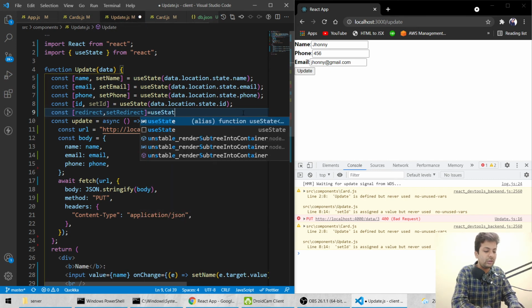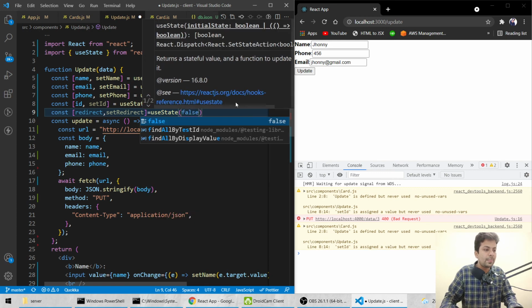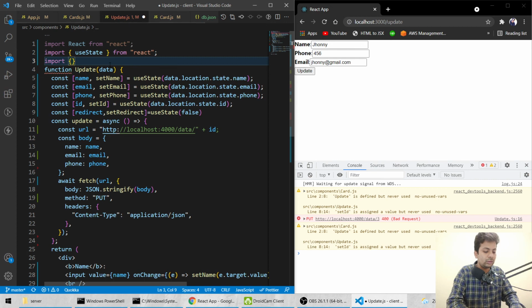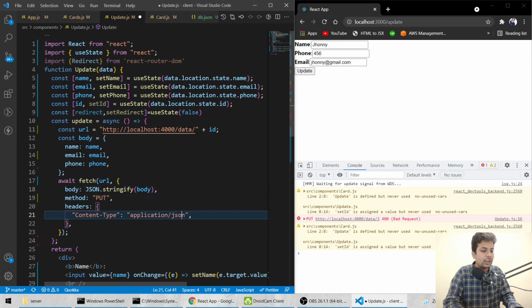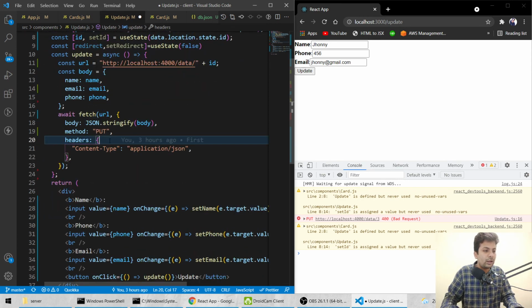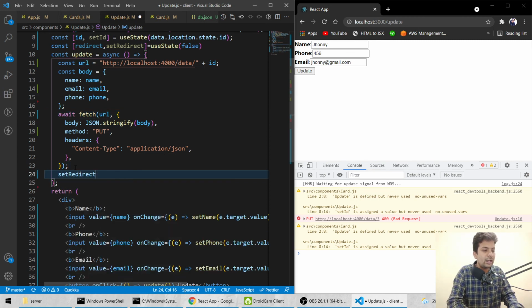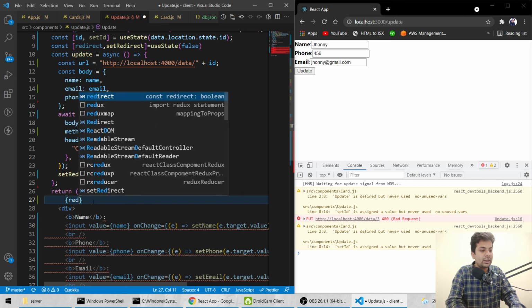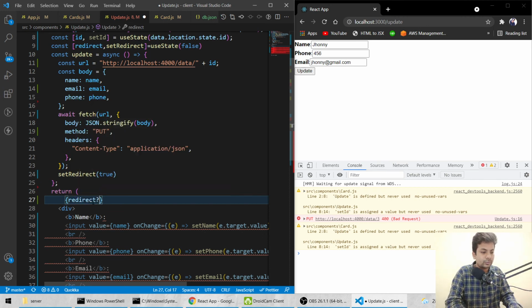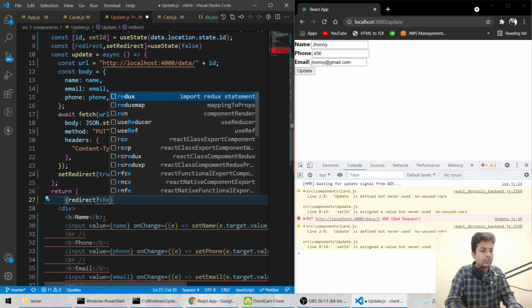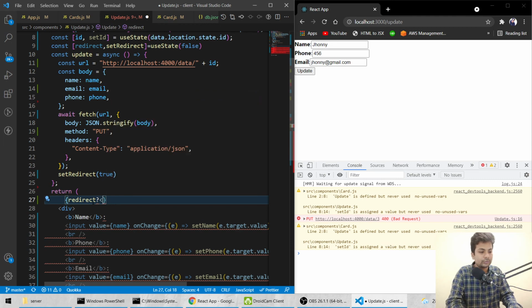We'll say useState false, and here we'll say import redirect from React Router DOM, and after this whole thing we'll set, await fetch, will set redirect true, and here in return we'll say if redirect true, then redirect it to, not like this.